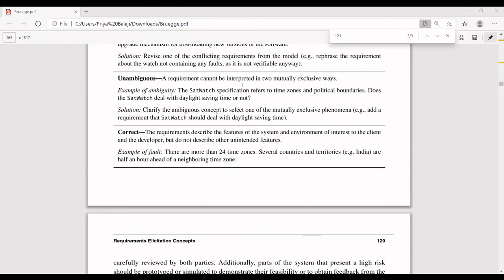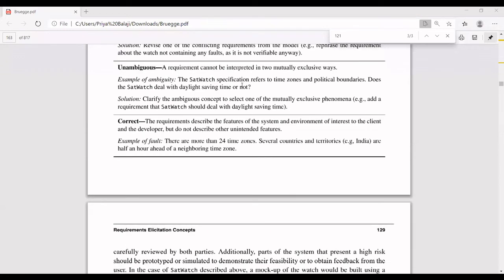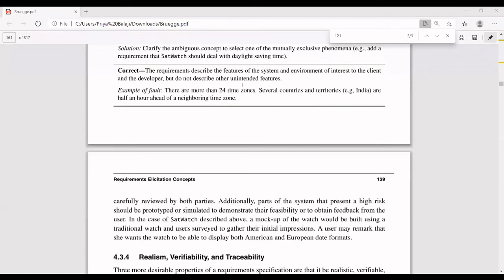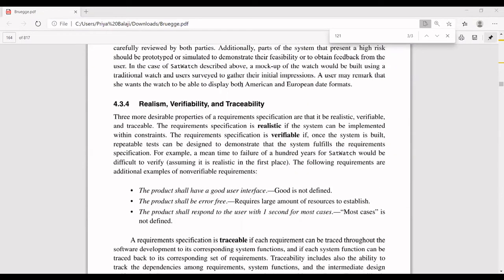According to that, your system has to accurately calculate the difference of the time and produce the time onto the watch. So that is correct. These are the requirements you have to consider when you're considering your completeness, consistency, clarity, and correctness. Correctness and completeness are very difficult to achieve.